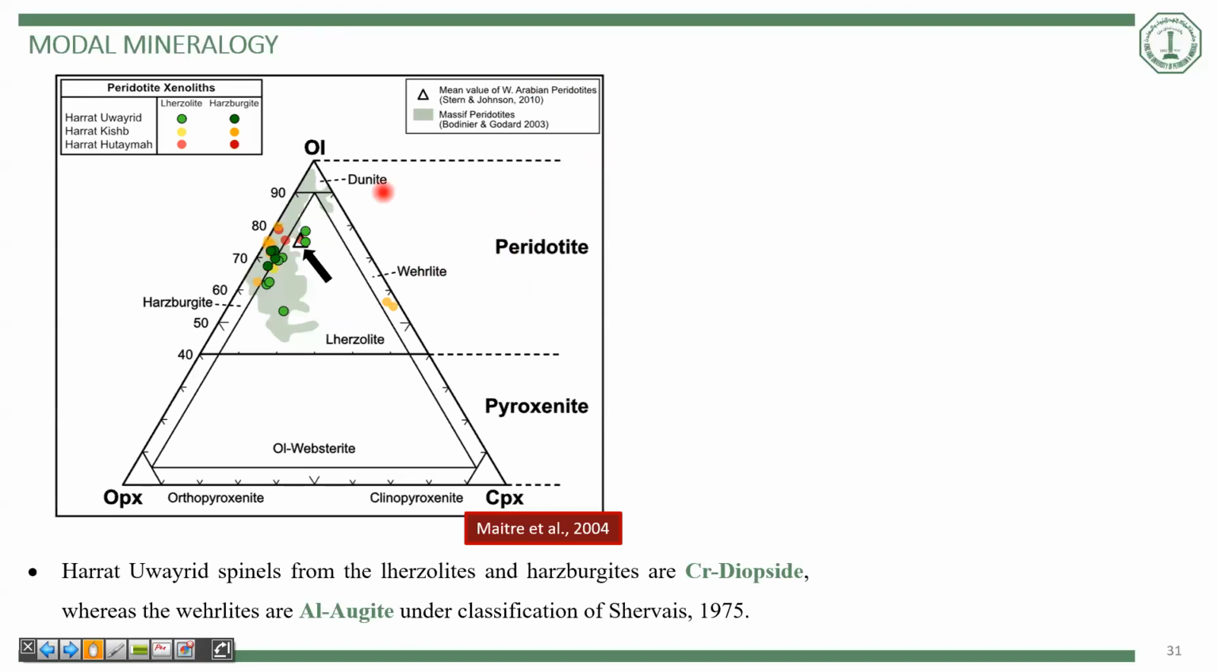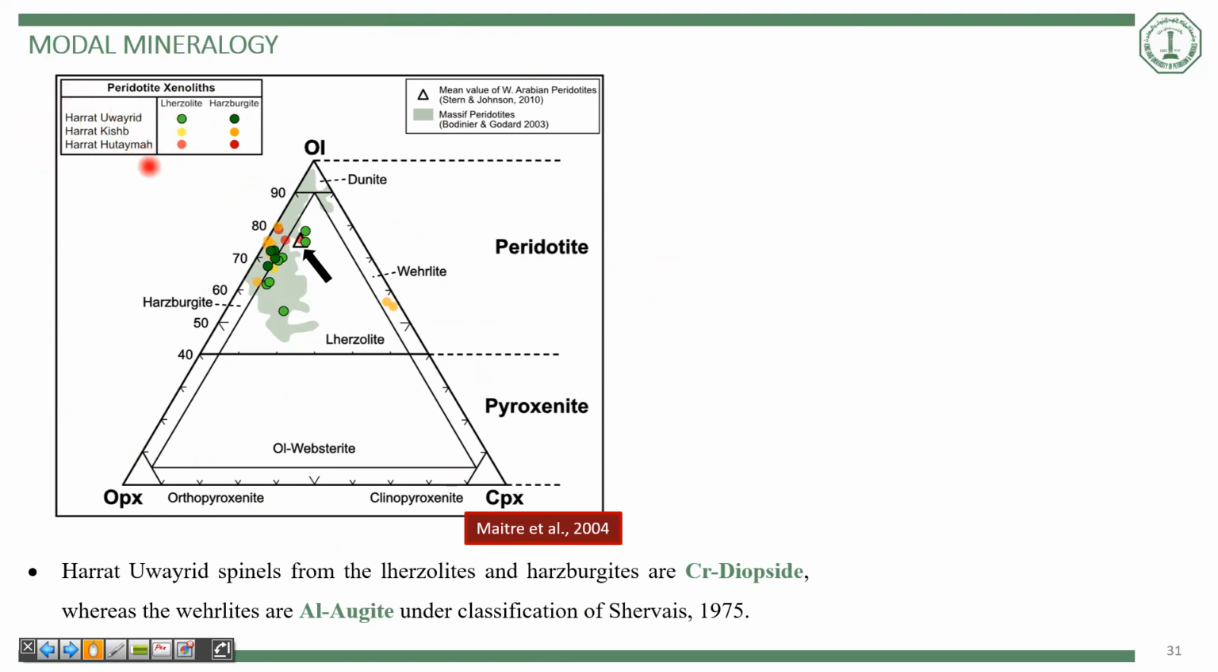So therefore, we come to the modal mineralogy classification. This is a ternary classification from Streckeisen 2004, which classifies ultramafic rocks. And generally, they are divided into pyroxenite and peridotite. And here, our study, the Harrat Uwayrid study, is represented by the green circles, whereas also displayed are